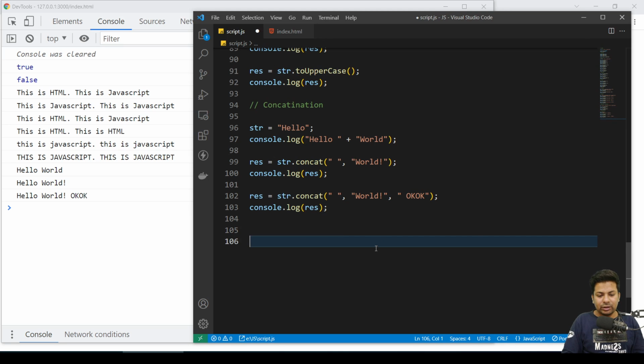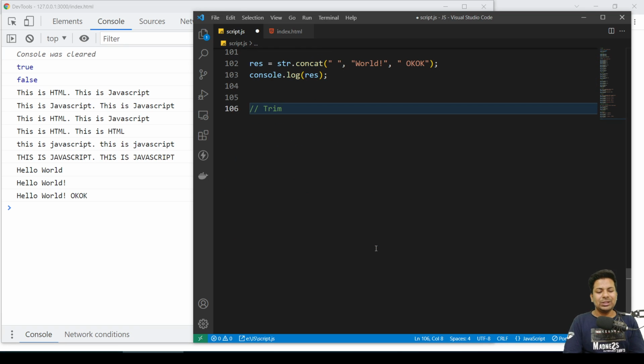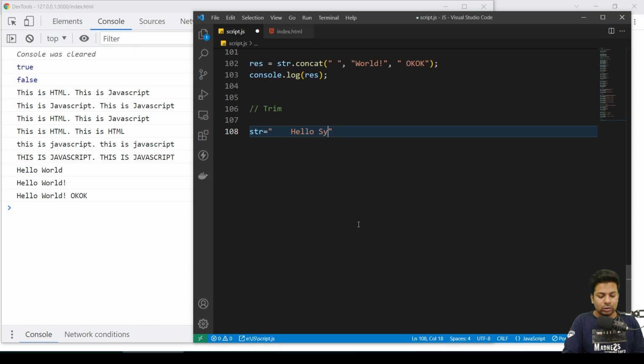Now next we have trim. So trim, I don't think you will be generally using. It's widely used when you do web scraping. If you have done web scraping, whichever language you use, you will be using this. So suppose you have a string which has too many spaces. Hello Syed Zeno, how are you? So you can see you have too many extra spaces.